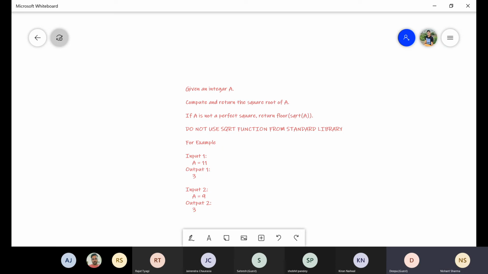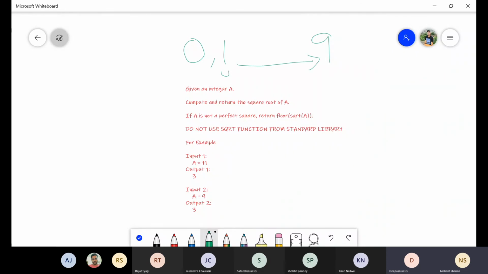So this is one problem where we can use binary search to figure out the solution. Try to think how we will use binary search here. Suppose somebody asks you, let me write it also, what is the square root of 9? Suppose I take the initial number starting from 0 or 1, we can take anything. Suppose I start with 1, so I can check from 1 to 9. This is sorted in nature.